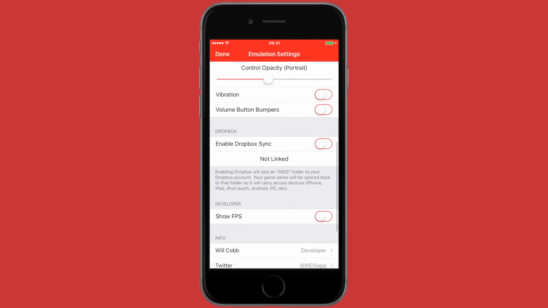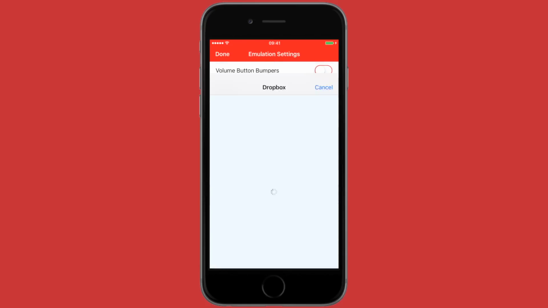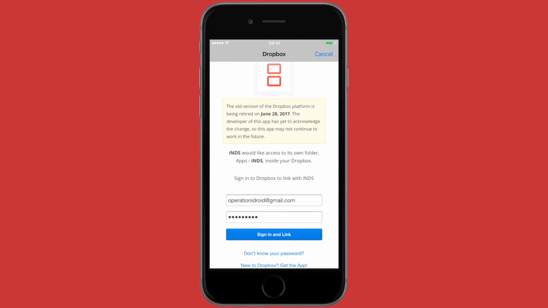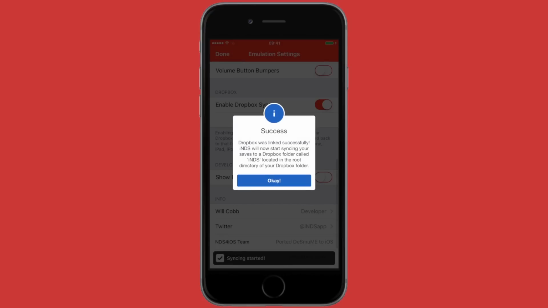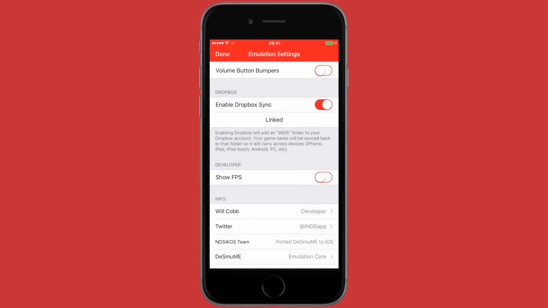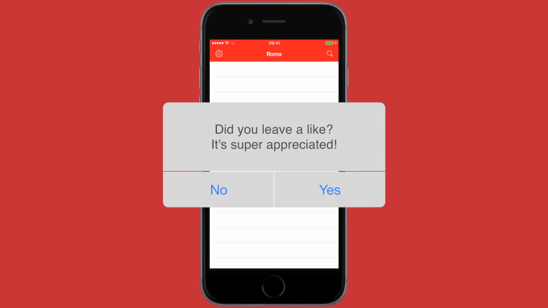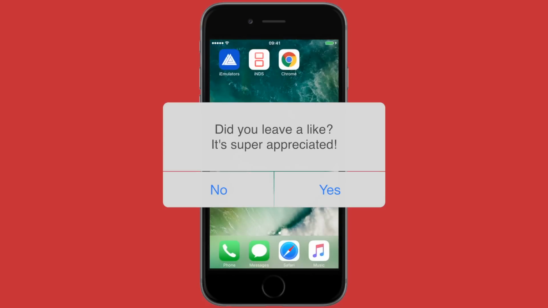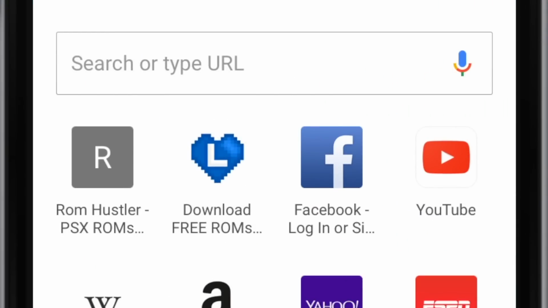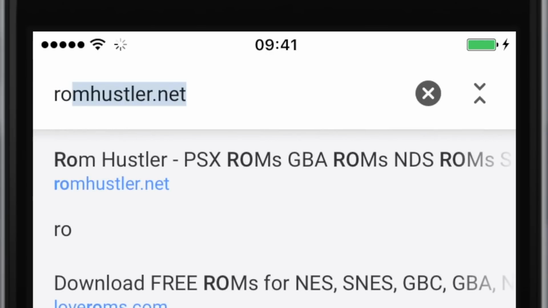Scroll down until you find Dropbox Sync and turn that on so that your saves will be uploaded to Dropbox and you can re-download them whenever you need to by turning Dropbox Sync on again if you ever re-download iNDS. Anyways, to get games, you can use the magnifying glass in iNDS, but I definitely recommend